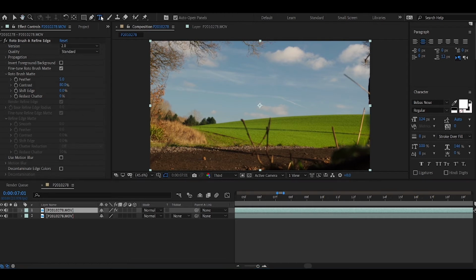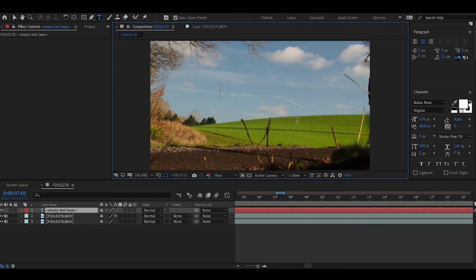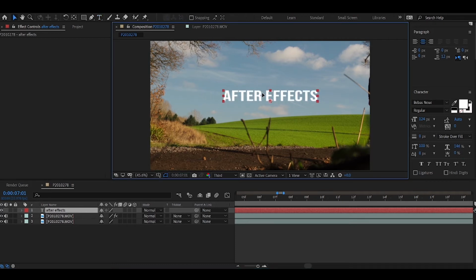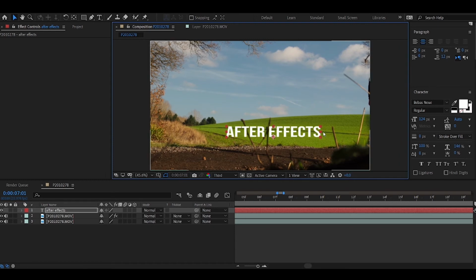So if you come up to the text toolbar, type in the text that you want. So After Effects, and then if we move that to where we want to position it, but we actually want this text to come out and scale up from the bottom and come out of the hills. So what we actually want to do is drag the clip down, make sure that your time ruler is set